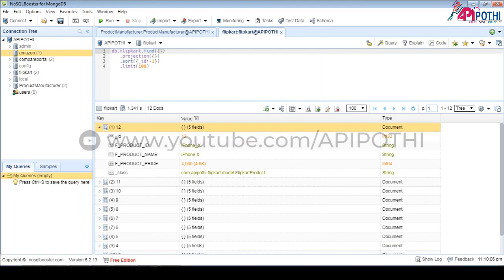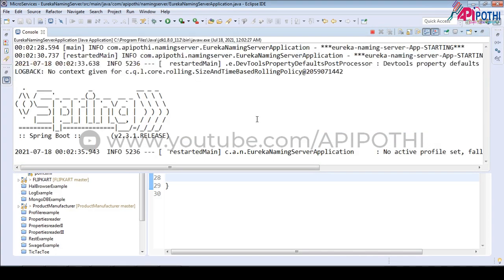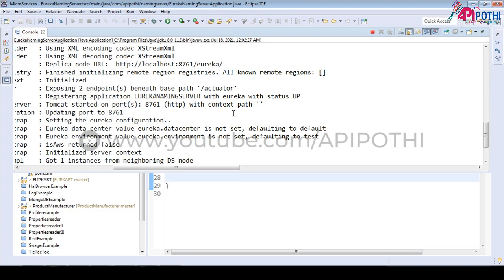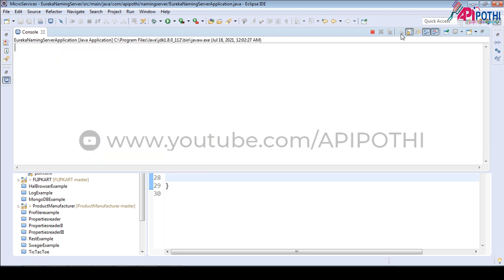Meanwhile, we have all the DBs created here. This is the DB, basically MongoDB, and once data is inserted successfully, we will be able to see Amazon here. Okay, and inside data also, like how we have for Flipkart and product manufacturers. Eureka is started now. Okay, copy the port detail,